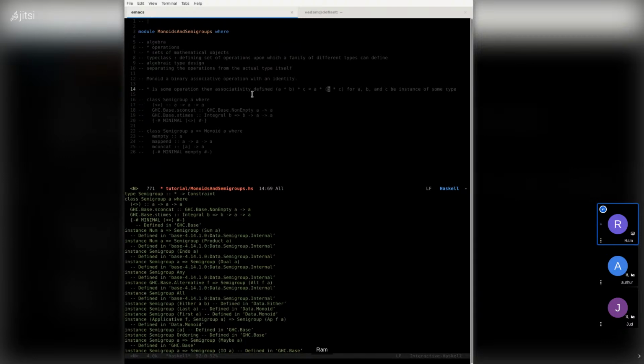But what is identity? Identity comes a lot from mathematics, and it's a member in many things when you talk about modern algebra.